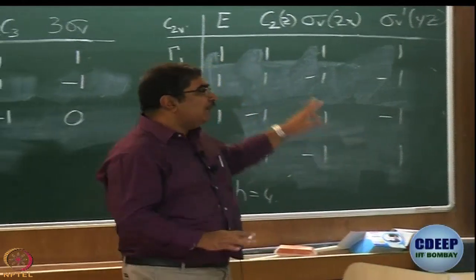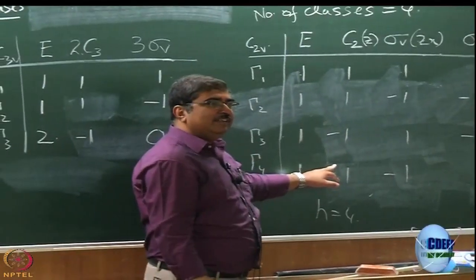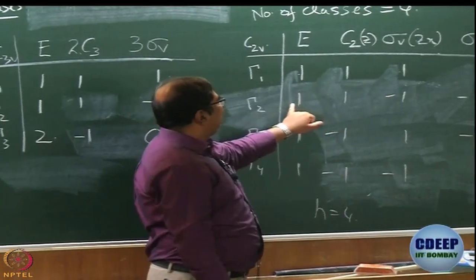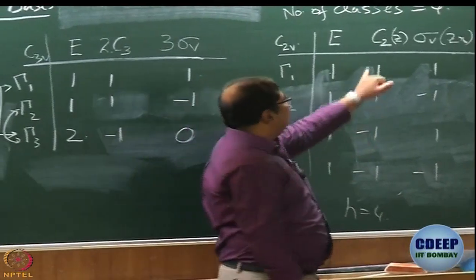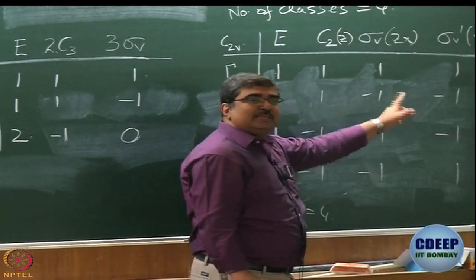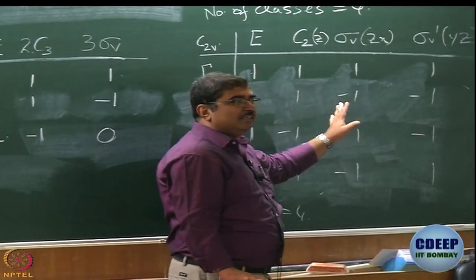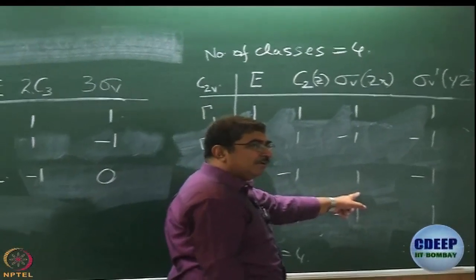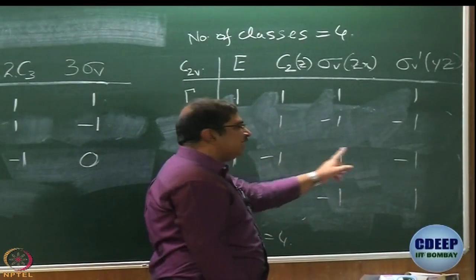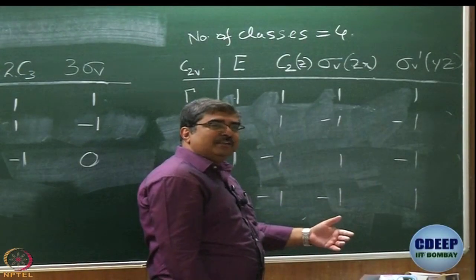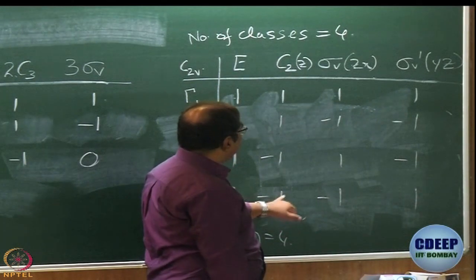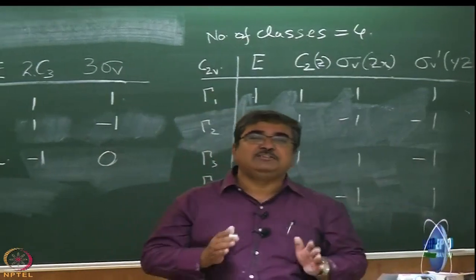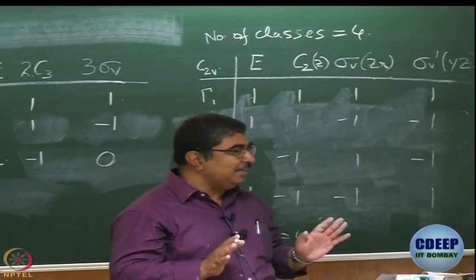So, what we are saying is there are only 4 kinds of symmetries you can see in C2v. One, that is totally symmetric. Second, symmetric with respect to, well, I will not even talk about E, symmetric with respect to C2, antisymmetric with respect to the planes. That is another kind of symmetry you can get. Third is symmetric with respect to the molecular plane or well sigma v, antisymmetric with respect to the axis as well as the perpendicular plane. And the last one is antisymmetric with respect to C2 and sigma v, symmetric with respect to the perpendicular plane. These are the only 4 kinds of symmetries that you can get in C2v, that is the meaning.